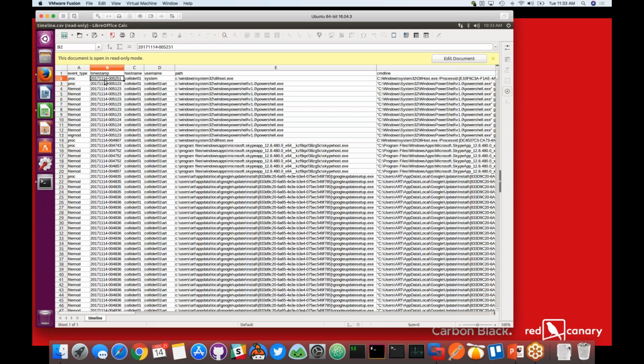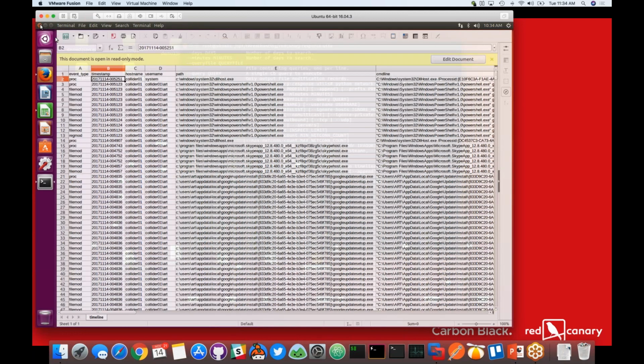So you got your date 2017 11/14, and then I can't remember how it's broken out in here. Good question. I believe it comes out in UTC. I can't convert it in my brain right here, but hopefully it somewhat answered that question.